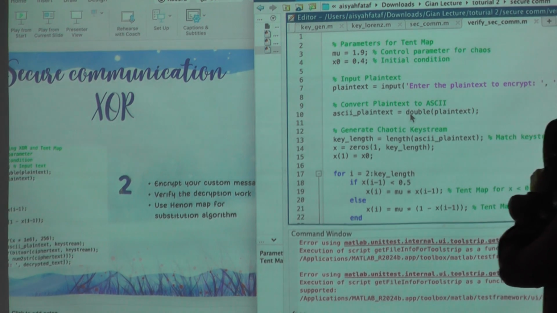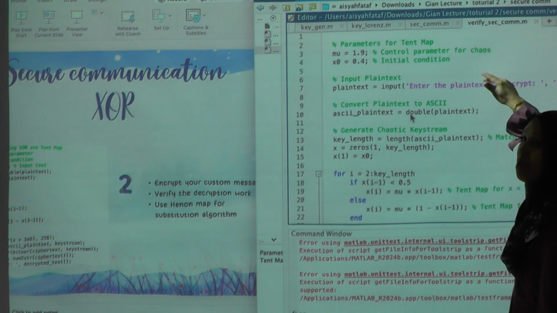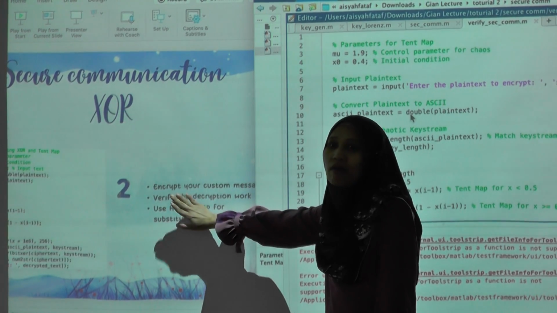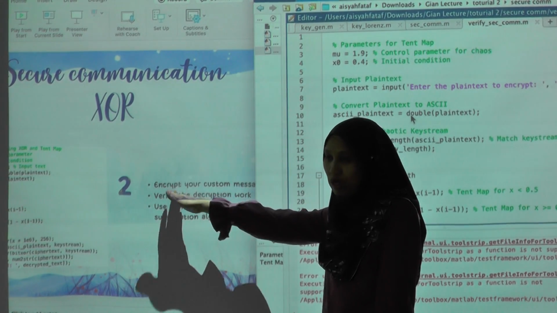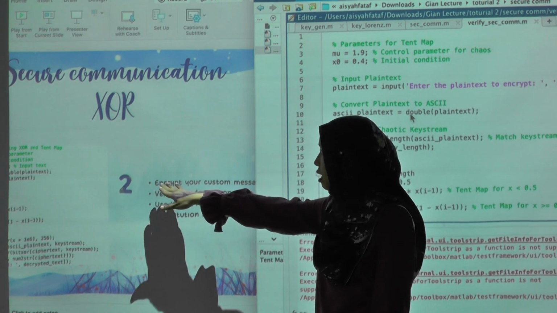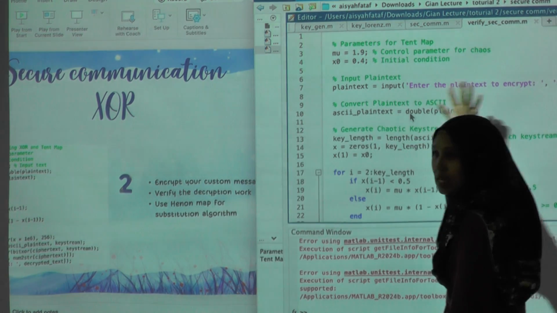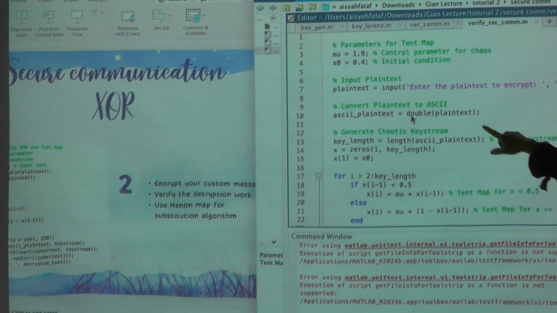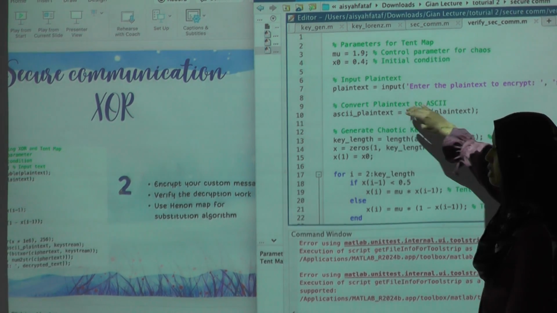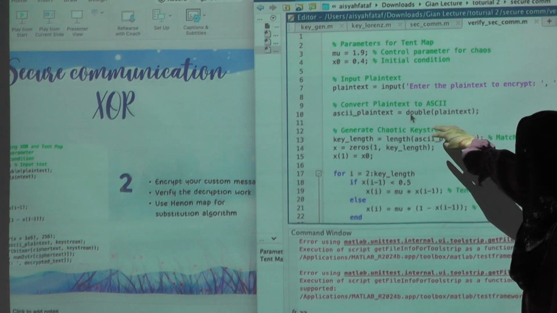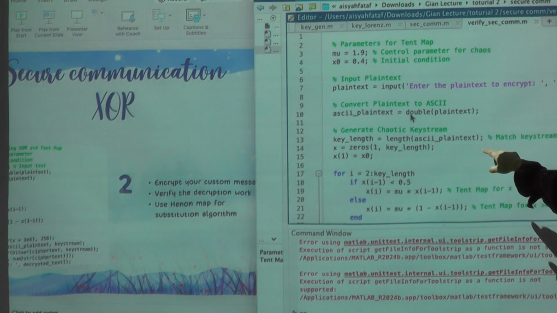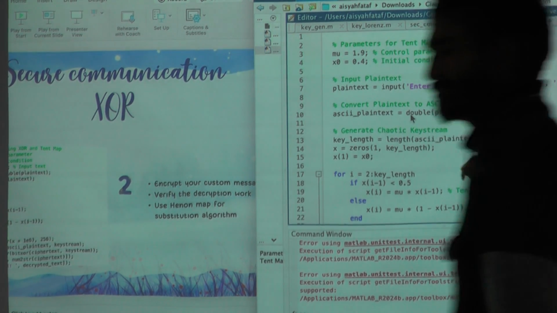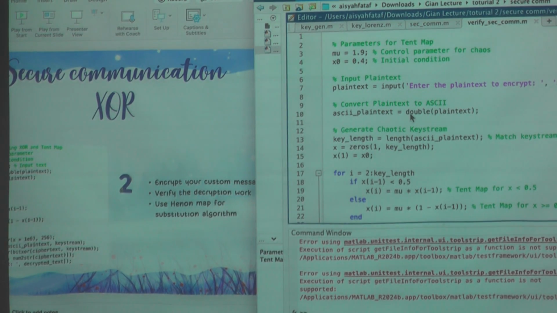in the command window because it's a checking process. So any input that you put in that algorithm, we can just directly enter your plain text. And then the second thing is we convert the plain text into ASCII, and then we generate our chaotic tent map, and then